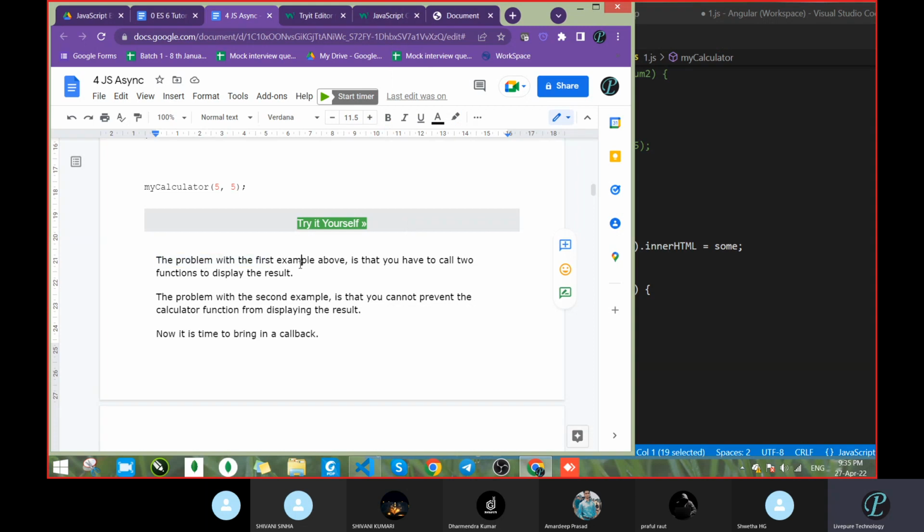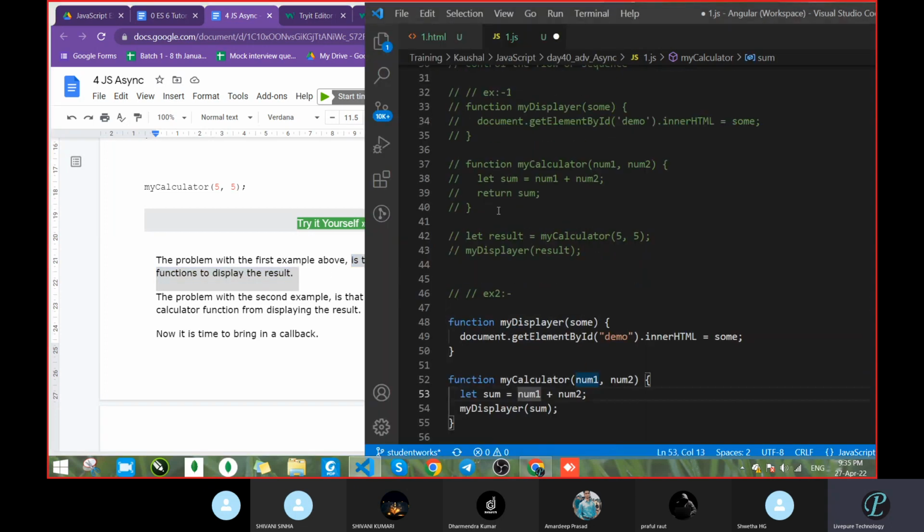The problem with the first example is that you have to call two functions to display the result, correct? In this case we are calling both, one function will be this one, then this function, and only then you get the result. So this was the problem.